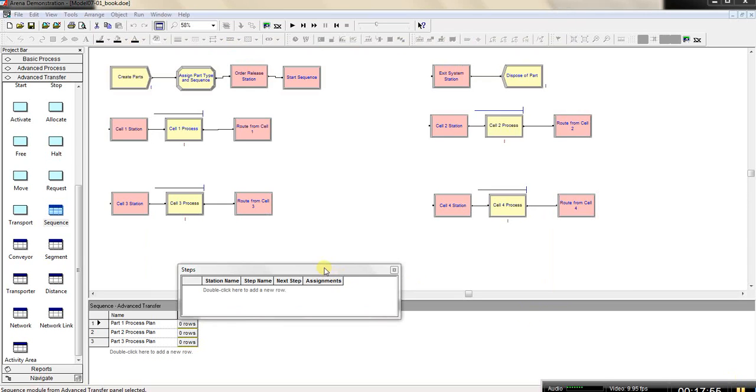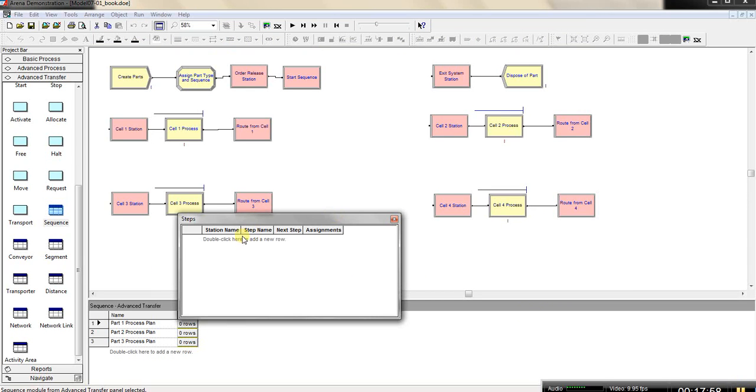So to model this, in the steps dialog, we're going to double click and add stations. So notice when we start the sequence here, what is the next station for part 1? It's cell 1. So we're going to choose the corresponding station, right? And they're already been defined for us because of the modeling, right? So when I modeled, I already created those different stations, so I can just select them. So click on cell 1,